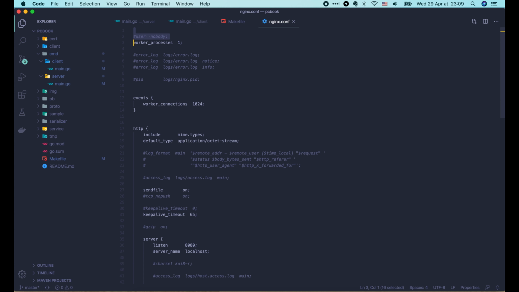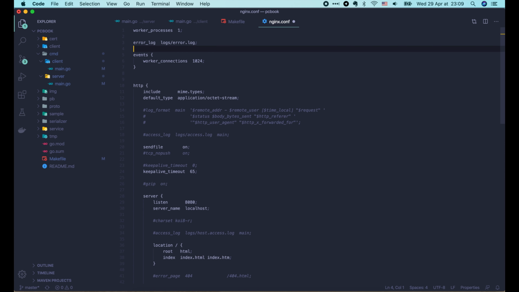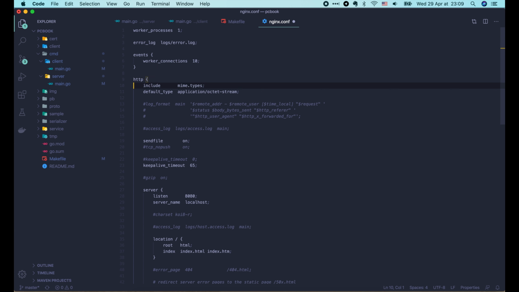So I'm going to remove this user config and comment this error log. Remove the config for log levels and process ID. And let's say we just need 10 worker connections for now. One important thing we need to do is to configure the right location to store the error log and access